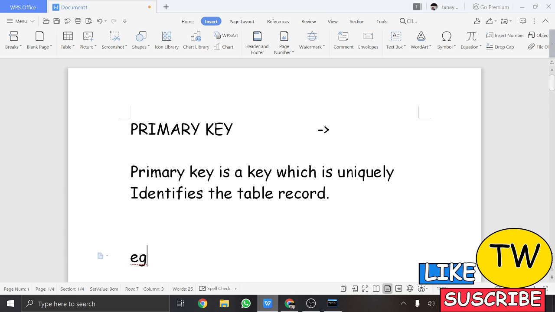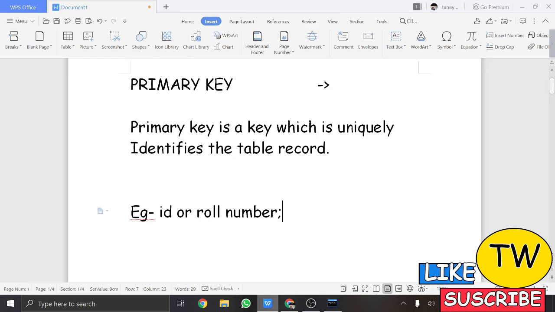Okay, so we can take ID as a primary key. Okay, so ID, roll number, we can take that as a primary key. Why we can take that as a primary key? Because the name can be repeated. There can be two girls having name Sneha. Yes, and ID is something which is very unique. Okay, two people cannot have same ID.